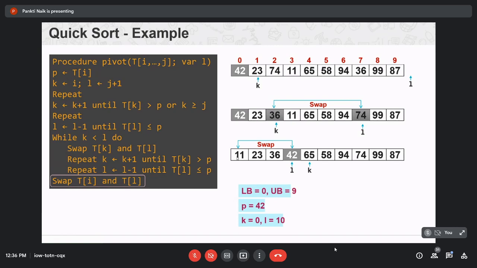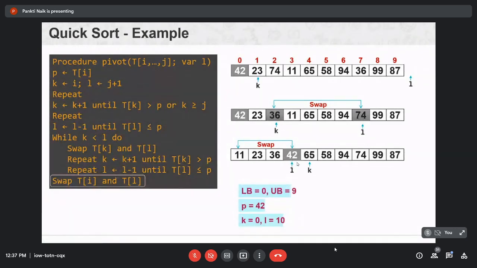So now your pivot has reached its perfect position, because all the elements in the left subarray are smaller or equal to your pivot element, and all the elements in the right subarray are greater than the pivot element.